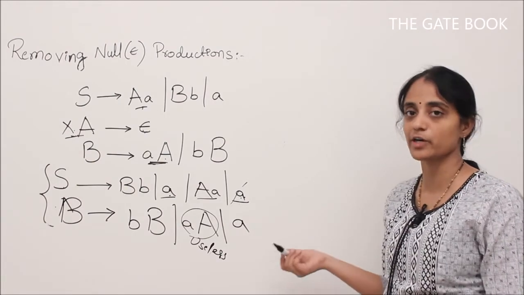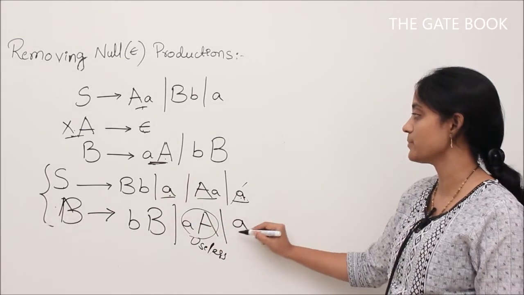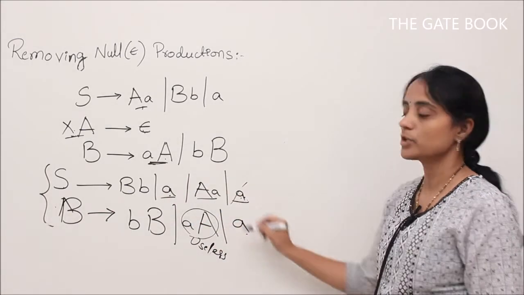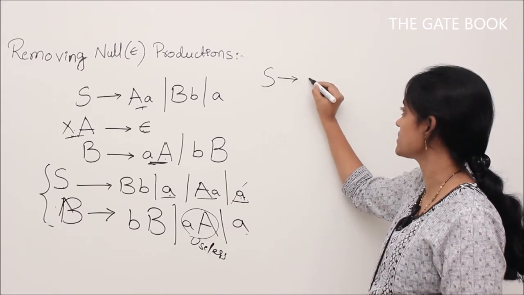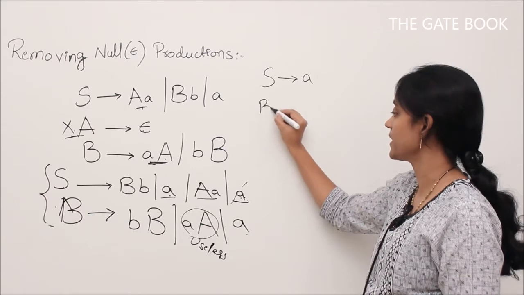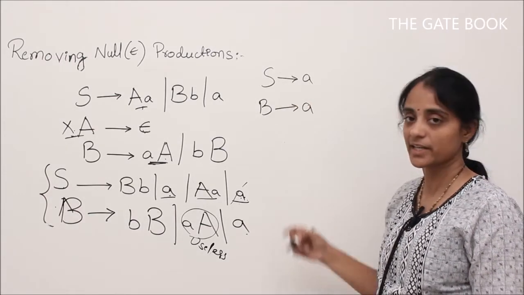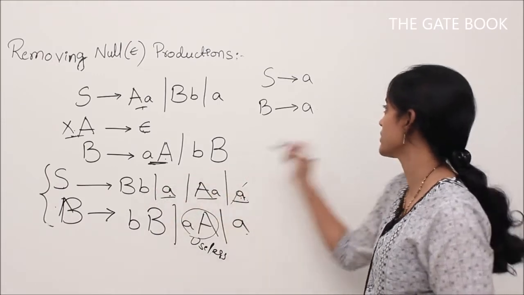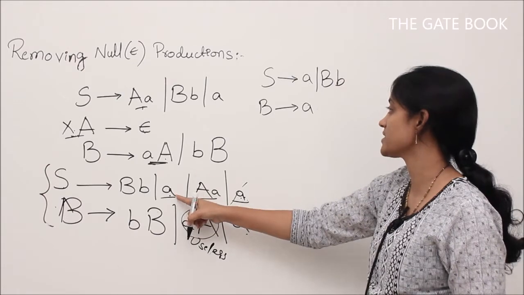First of all, we should find what are all useless. So we already know that S derives some terminal, B derives some terminal, so both of them are deriving some terminal, so we will add those productions. S derives A, B derives A. Then whatever has S or B on the right hand side should be added. So this production BB, and this production is already there.